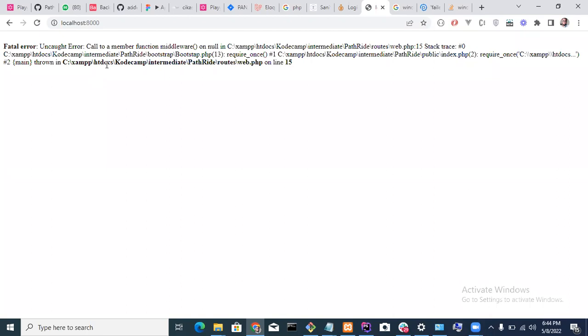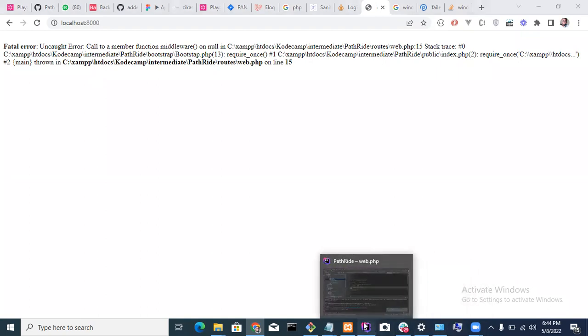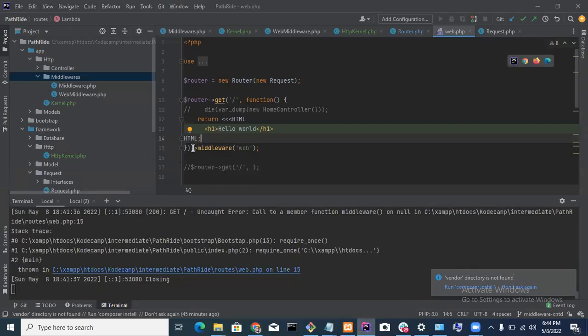I think it's not the middleware class actually, it's the class before the middleware class, the first chain. The router is evaluating only the first chain, and it's not evaluating the second one. From here, you can see the first chain is returning null. So this is the issue.